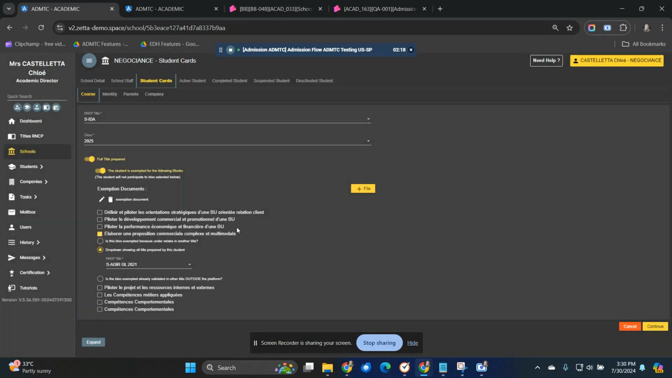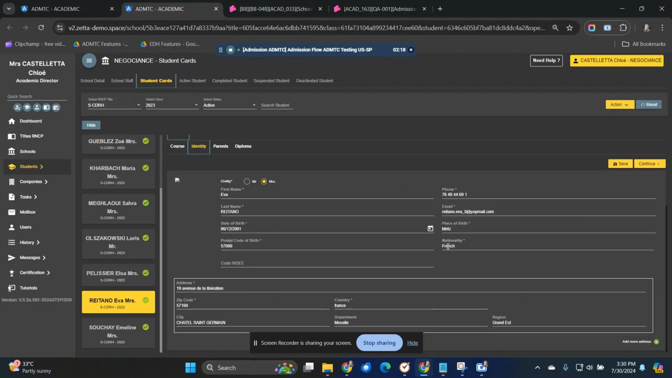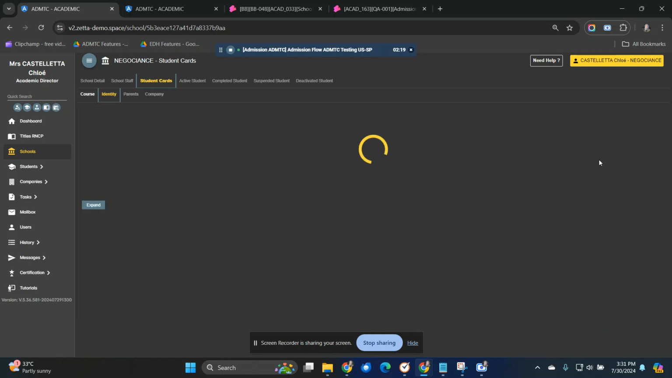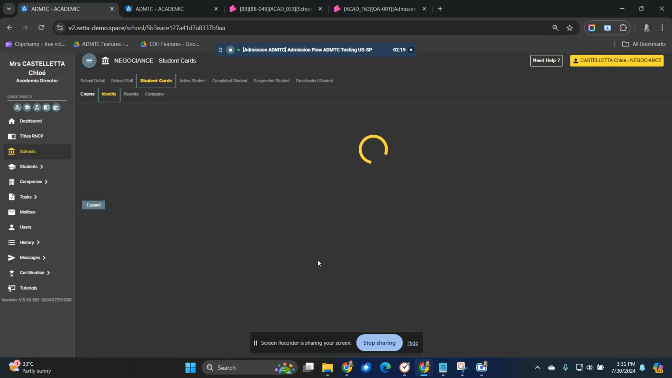After that, after I activated the blocks, the student is assigned for the following blocks. I click continue, and I use the email of the student that has title status is completed in here. After that, I click ask for transfer. Okay, display here, confirm,